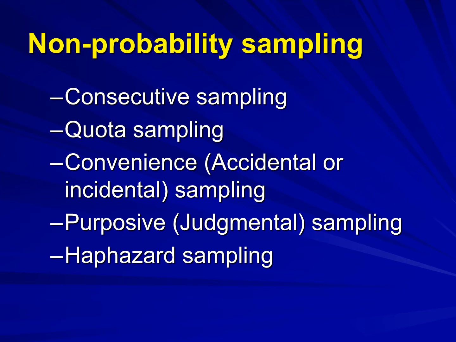The disadvantages are it is non-random sampling and may introduce bias in your study or in your survey. And the second disadvantage is representativeness of the sample cannot be assured. So after your study is finished, whatever the result of your study, you cannot extrapolate or generalize those results to the study population. The rest of the types of non-probability sampling we will see in upcoming slides in more detail.